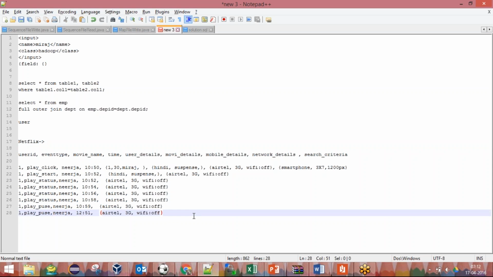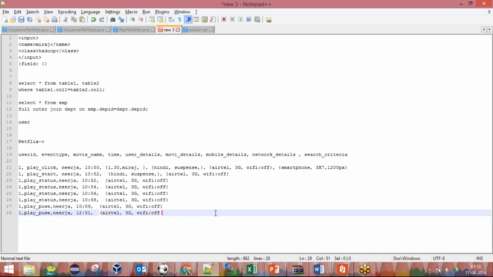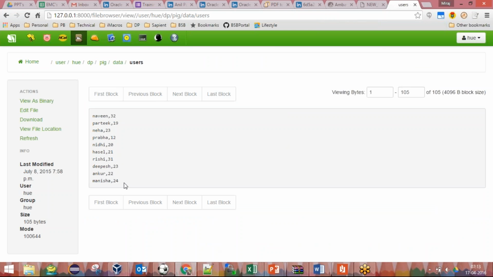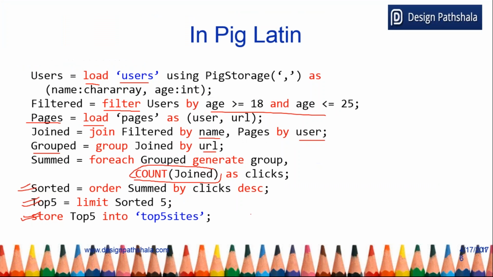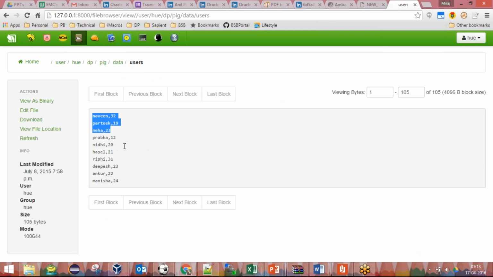Okay, so where were we? Okay, so I was showing you the data. Let's say this is the data of user ID and his or her age, and nothing more than that in the file. And we loaded the user file and filtered on their ages. So this is the user data. We'll load this file,